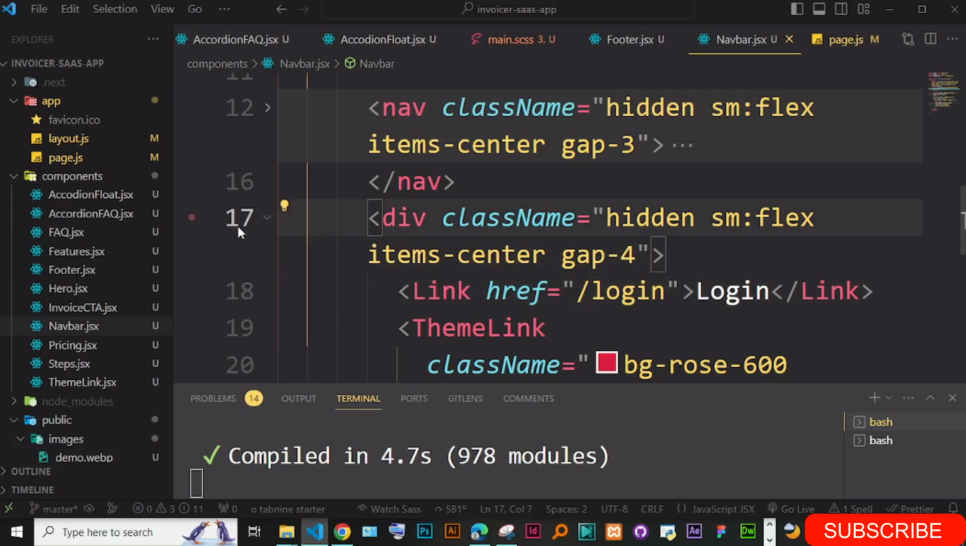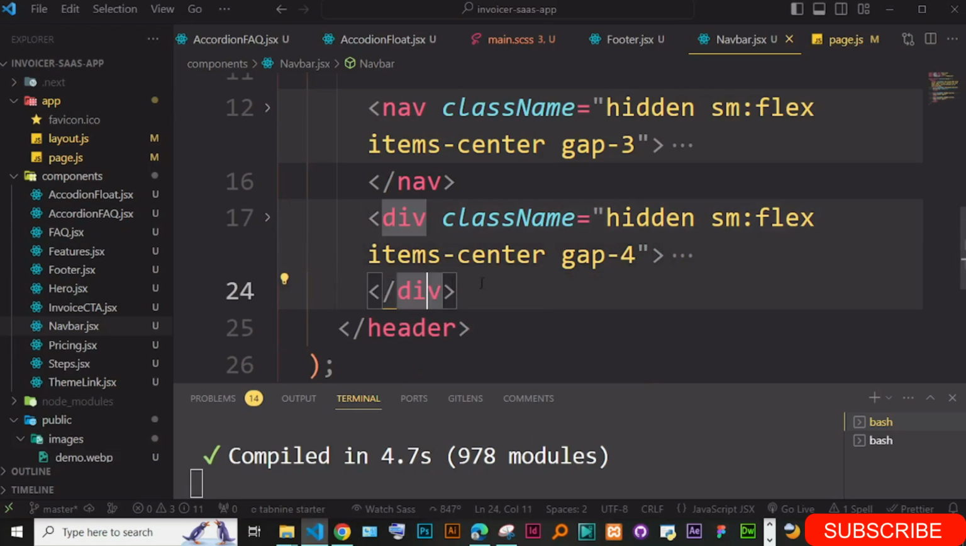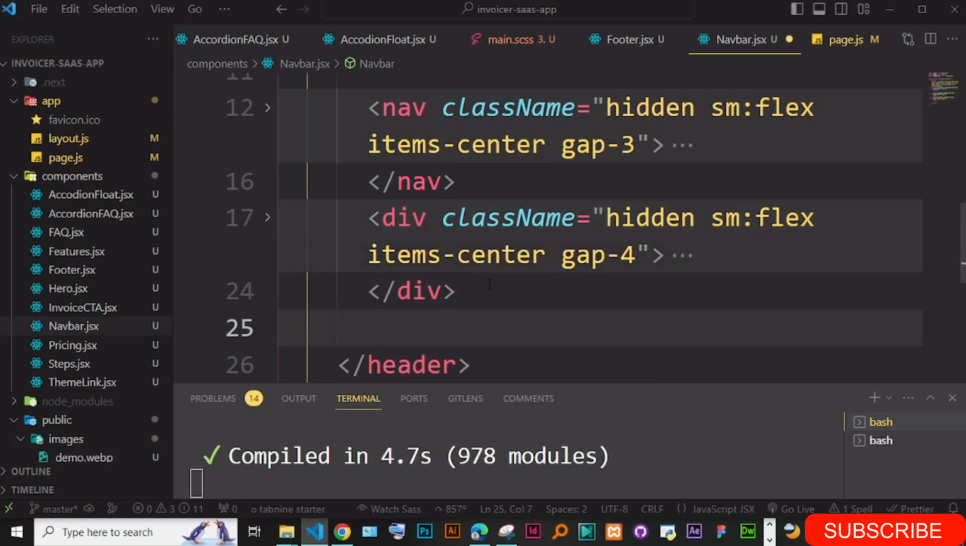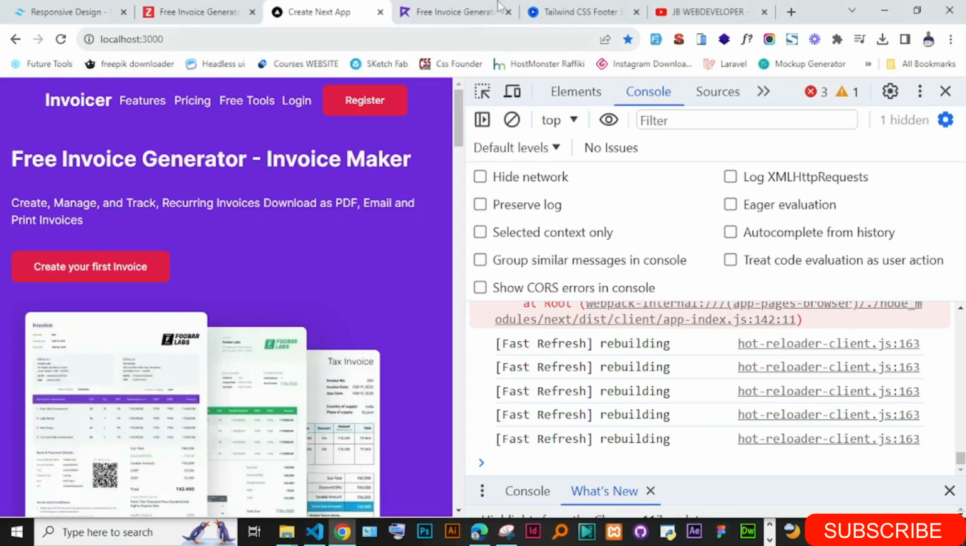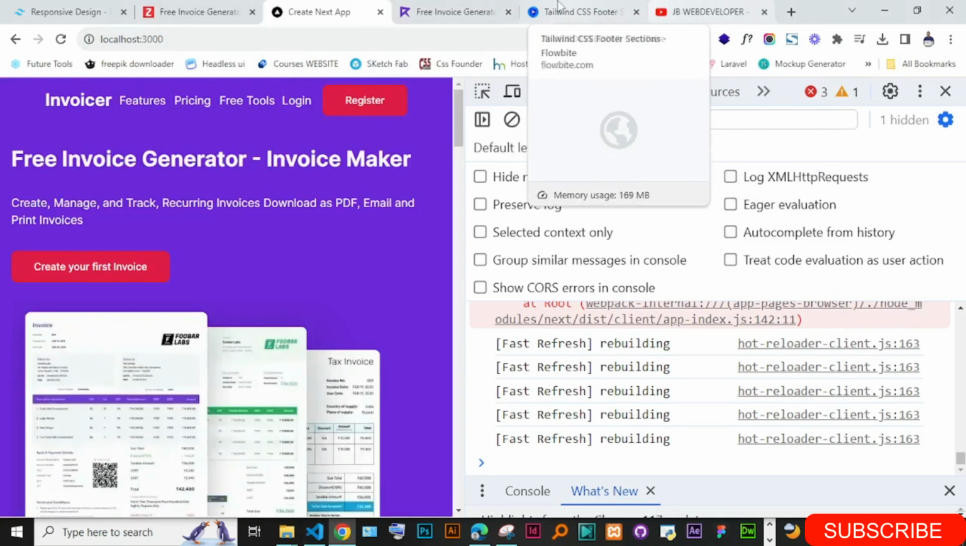You can just come down here, and we can add the handbag menu here. Okay, so let me first get that icon. So I'm just going to come here and get the icon from